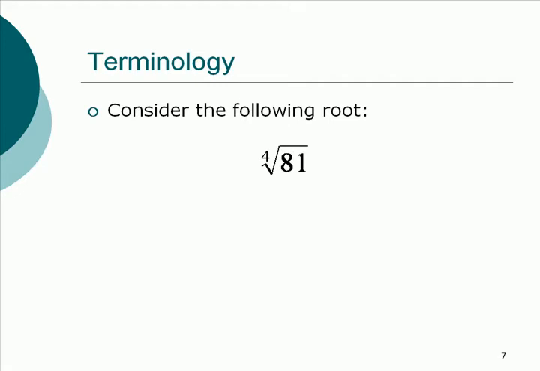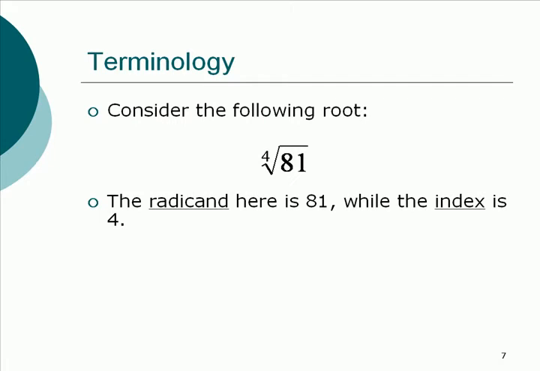A little bit of terminology. I already used some of it, but let's take that example right there. The fourth root of 81. First of all, anybody know what that 81 is called? That 81 has a name. Everybody remembers what a base and an exponent and a power are, but anybody remember what that 81 is called? That's all right. It's called the radicand. It's the radicand,